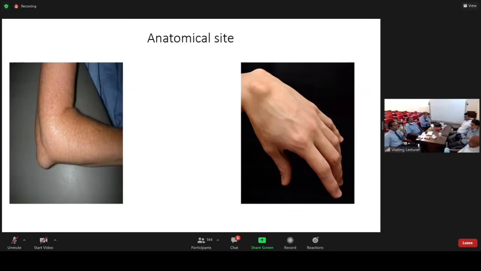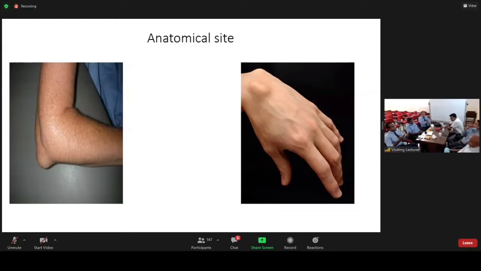But if you take the phone and say, sir, there is a lump in the dorsum of the hand, from your first sentence my clinical diagnosis is about 90% fulfilled, right? Because a 35-year-old male coming with a lump in the dorsum of the hand, the first thing that comes to my mind is, is it a ganglion? The rest of the information you give me will confirm either it is a ganglion or it is not. If you tell me it is in the plane of the skin, then I know it's not a ganglion. It can be a sebaceous cyst or an implantation cyst or something else. But the moment you tell me the site,